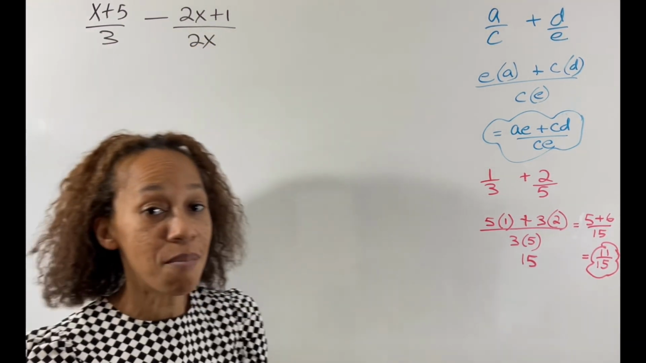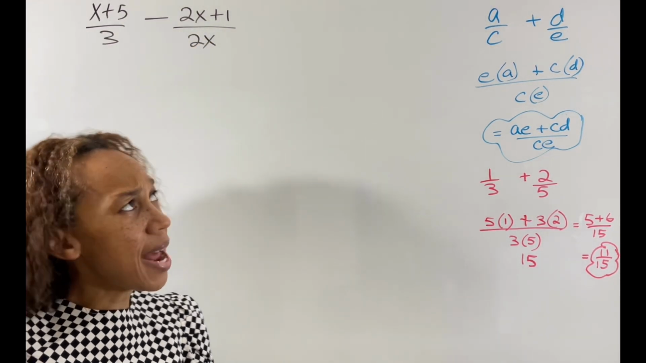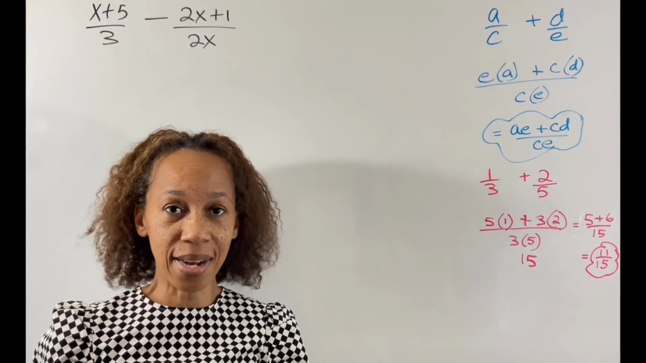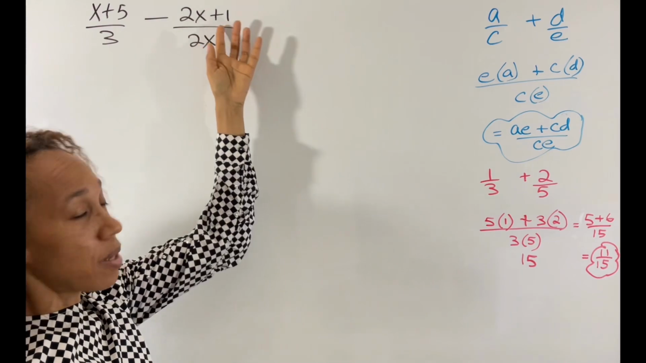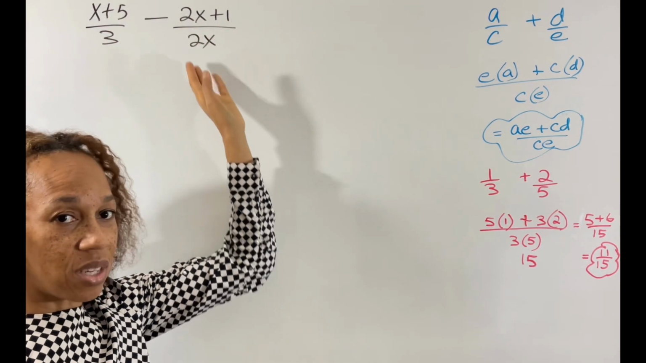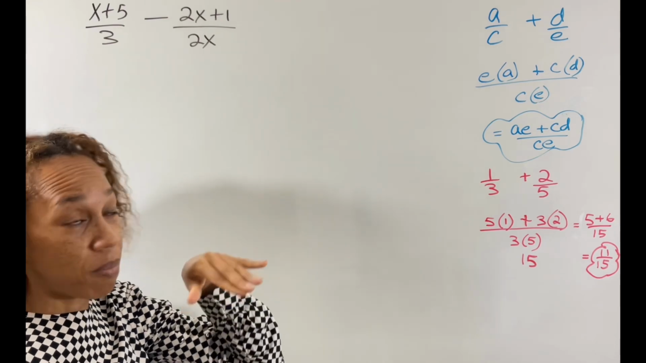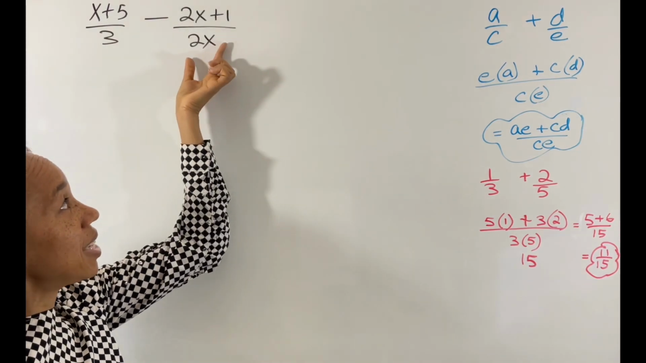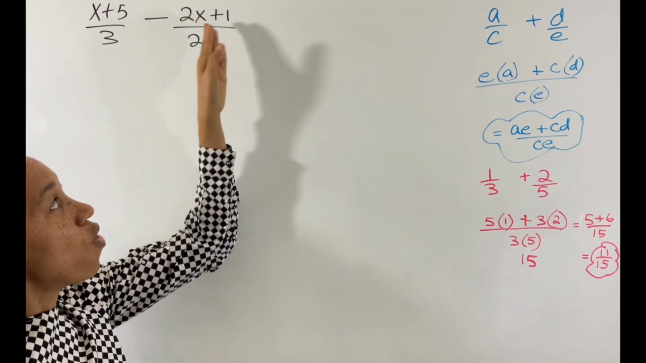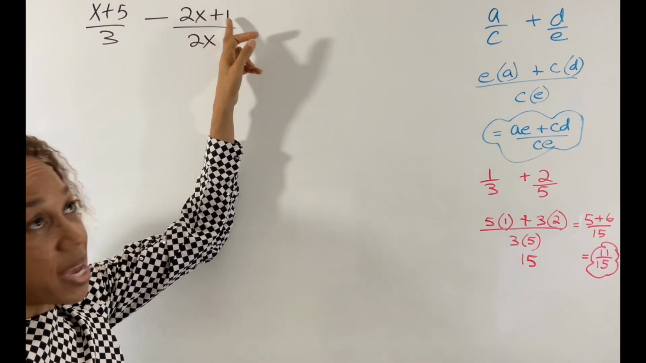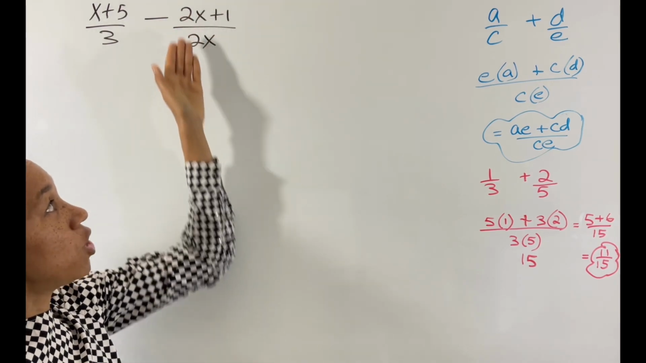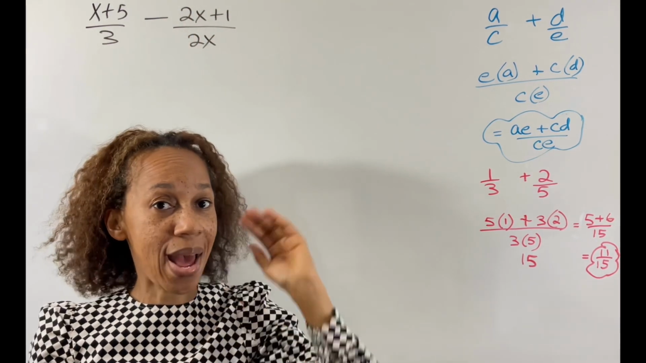Now, some of you might say to me, oh, miss, can I just cancel out the 2x with the 2x? No, you can't do that, because one is a binomial and one is a monomial. You cannot cancel these out. They're not the same term. You will notice that this is a monomial term, this is a binomial, and so you have another number added to this expression, so you cannot simply cancel that out, and that's the reason why I'm using this